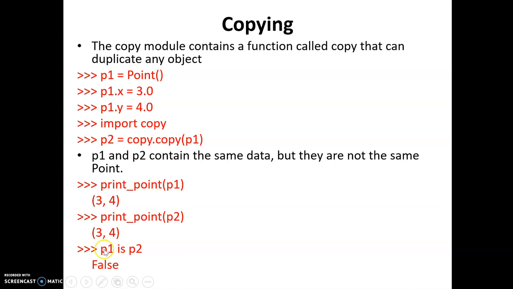But if you check whether the P1 object and P2 object are exactly the same, that is P1 is P2, that means whether these two are equal or not, you will get the result as False. I'll tell you why. If you use copy as a method here, the values of P1 are copied to the attributes of P2, but the objects are going to be different for P1 and P2. That's why you are going to get the result here as False.